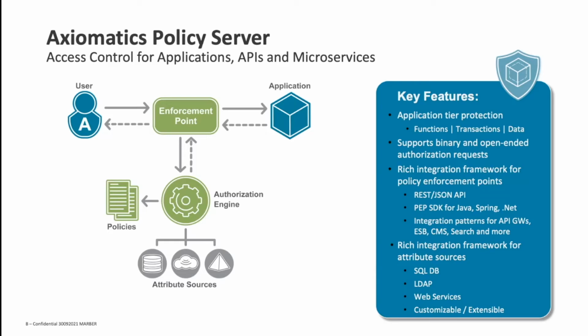To help address these issues, we bring the notion of externalized authorization to the table. What this means is the applications no longer contain the authorization logic. Instead, these applications make a call out to our authorization service, which provides all the authorization answers for them. Now, this is done through something called an enforcement point. This is the bridge, or the communications gateway, between the applications and our authorization services. These applications use these enforcement points to ask our authorization service all their authorization questions. For example,